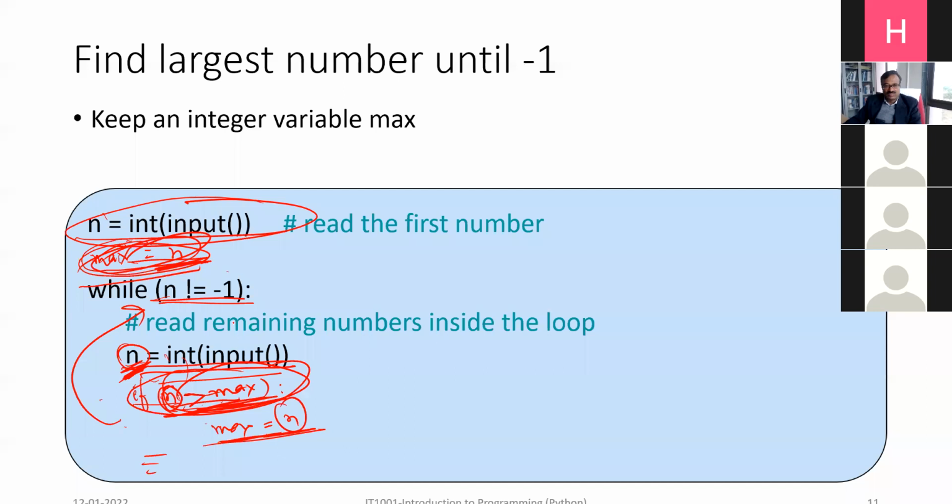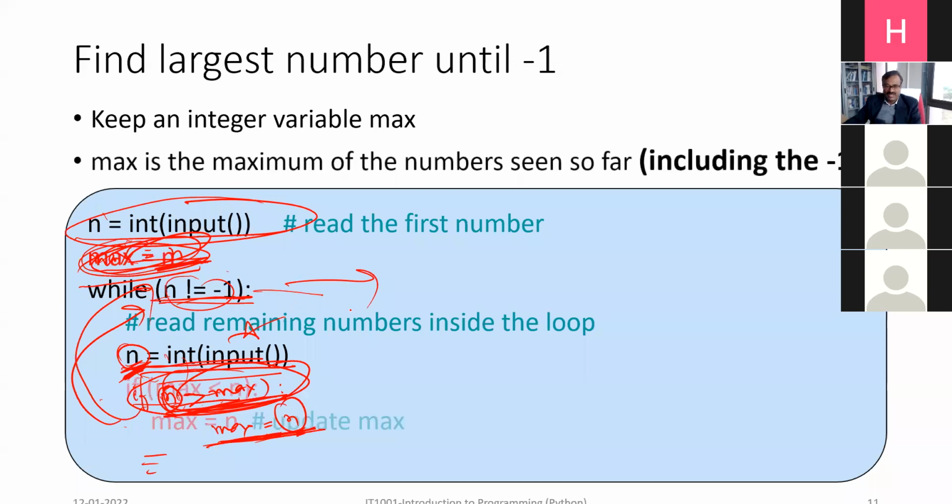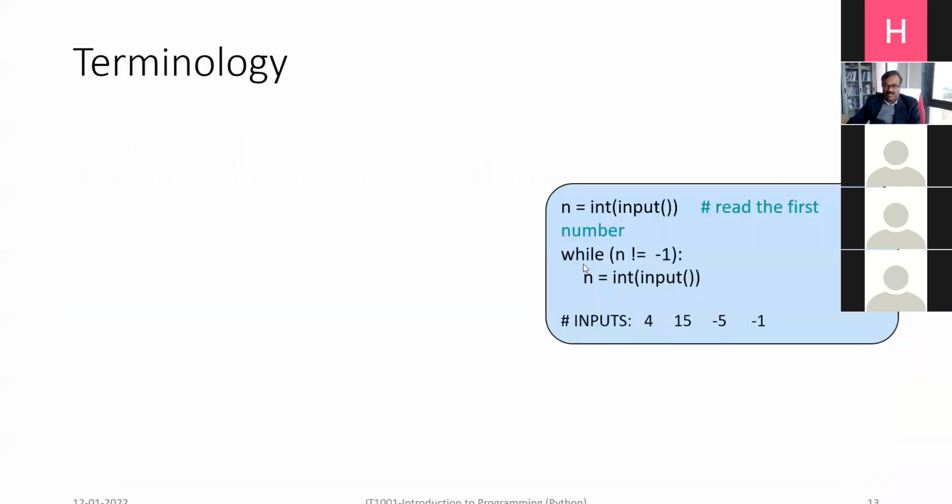We'll check whether this value which we have taken is -1. If it is -1, that means we need to terminate this loop. And if it is not -1, then we'll go inside and take the next input and check again, and we'll update this max if needed, and we'll go back here and check this number. If this number was -1, you can see here we can continue and solve this problem. So this code is included in our demo code,